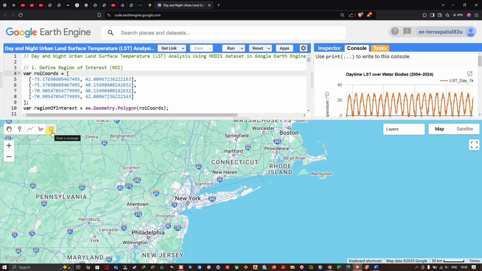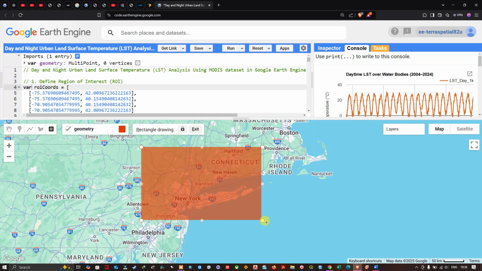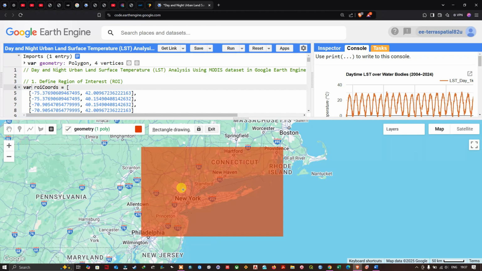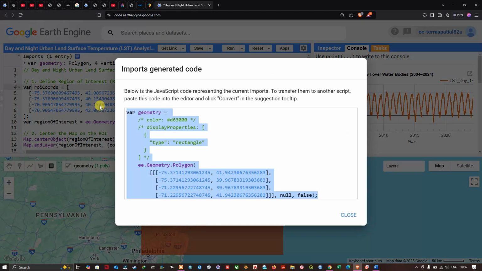Now we're going to click this and draw our region of interest over the desired study region. For example, I've selected this particular study region, New York, so you can see that. Once you've created your region of interest, you can navigate to this option and click show generated code. From here you can copy the latitude and longitude of your study region and